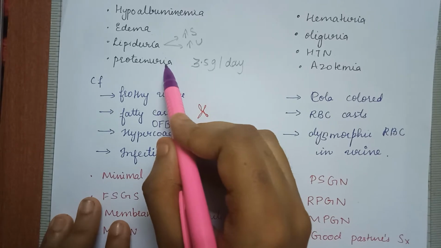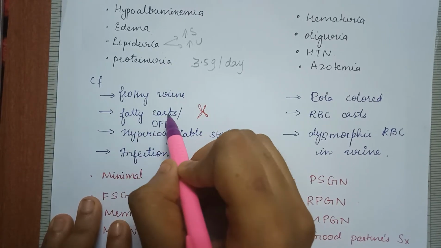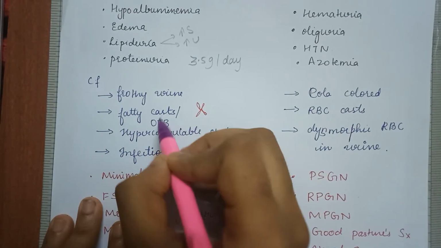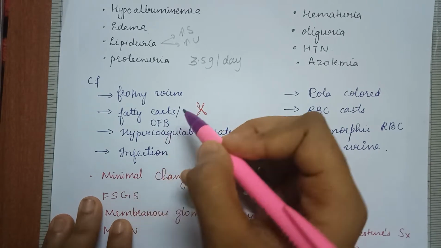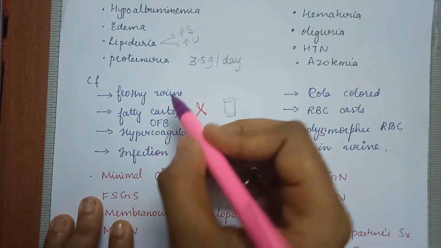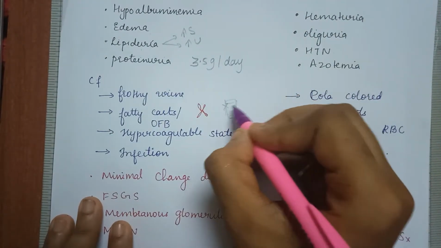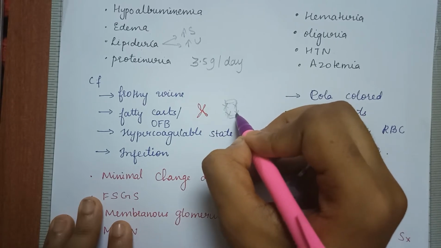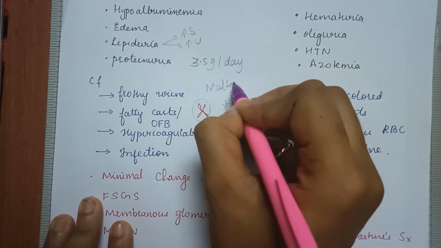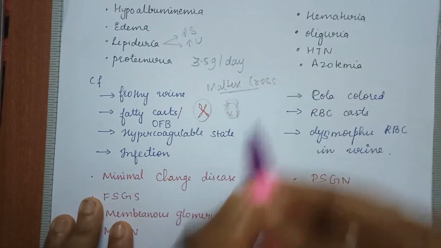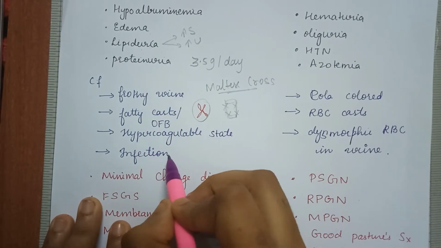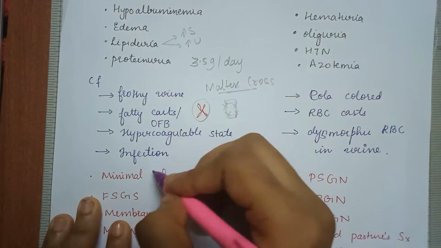It is mainly because of protein. He can't say about fatty cast, but when we examine the urine, we can find fatty cast, which is also known as oval fat bodies. Okay, this is nothing but normal hyaline cast. Because of excessive loss of lipid, there is accumulation of lipid here. And this one under a polarized microscope will give the appearance of a Maltese cross. Okay, so remember, in nephrotic it is fatty cast and there is also a hypercoagulable state and infection. This I'll explain in pathogenesis.